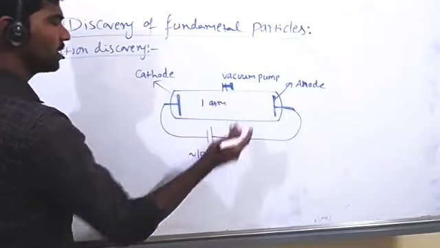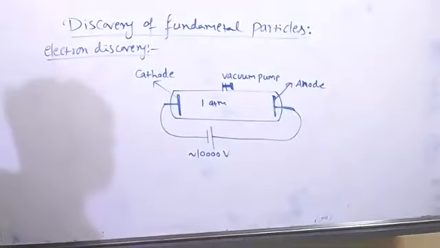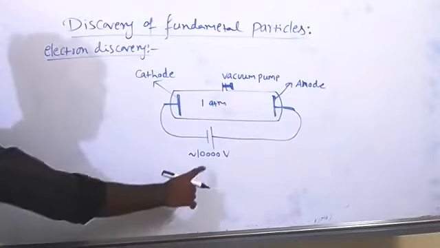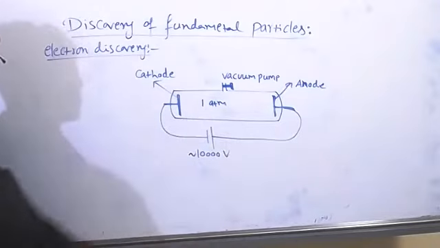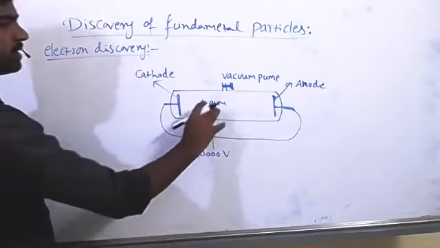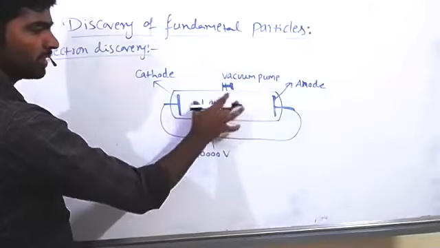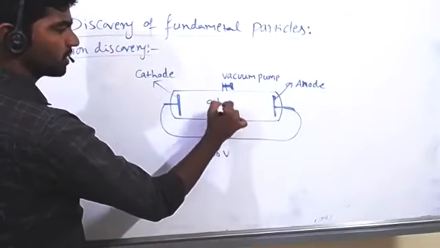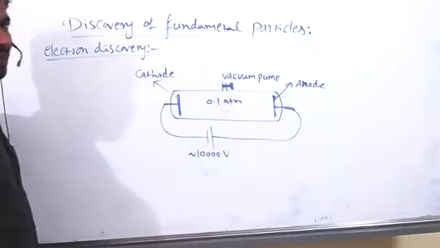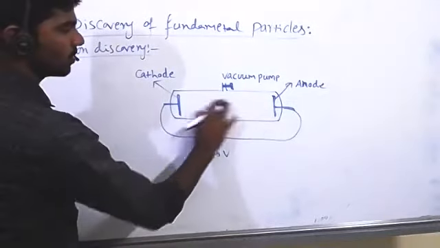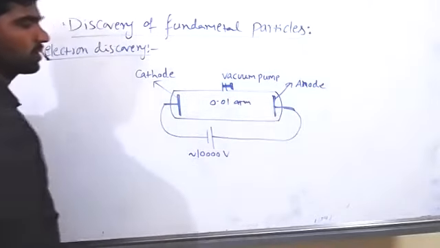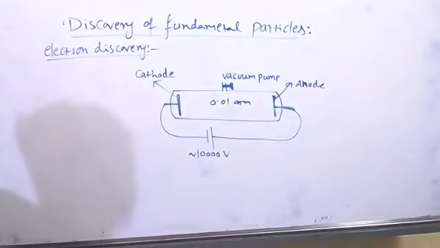Mixed air we may take, or any individual gas also. It's our choice. Here no electricity flows. Even applying high voltage at 1 atmospheric pressure, there is no flow of current. Now, with the help of the vacuum pump, pressure in the glass tube is reduced to 0.1 atmosphere. Still electricity is not flowing. So it is further reduced to 0.01. At low pressure, electricity starts flowing.